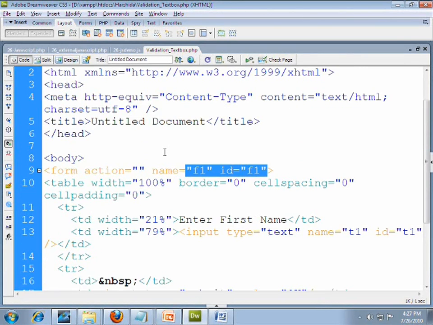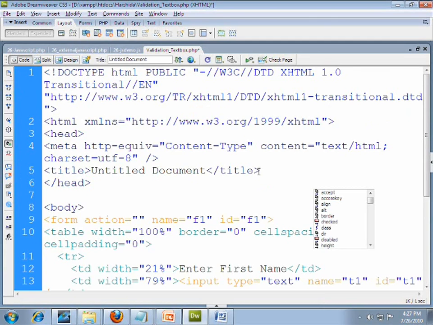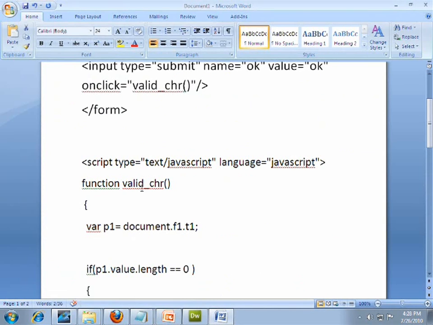My target is that when I click on the OK button, if I forgot to enter the data in my text box, I want to generate a JavaScript alert message. So let's first write our JavaScript code. As you know, we write our JavaScript functions in between the closing of the head tag. So just go back to after the title and specify the JavaScript functions.